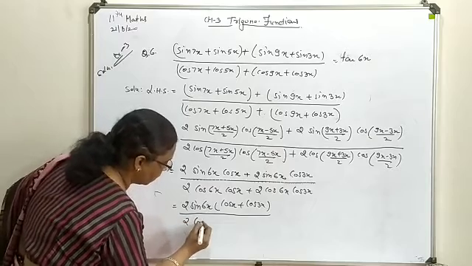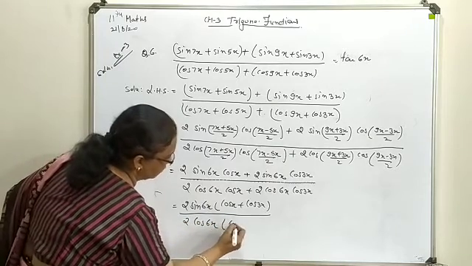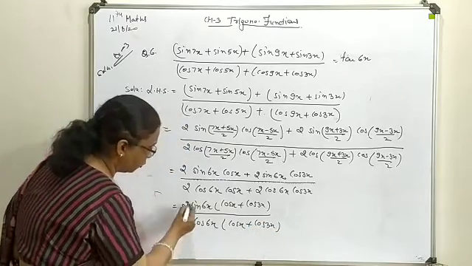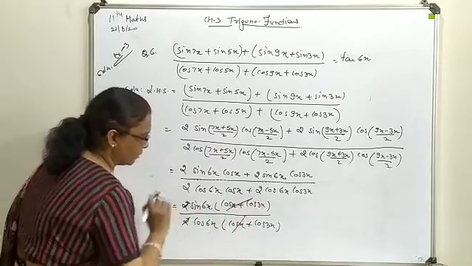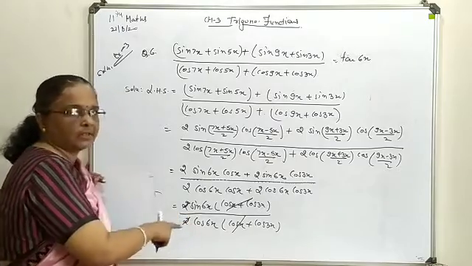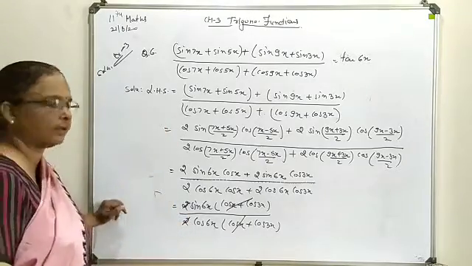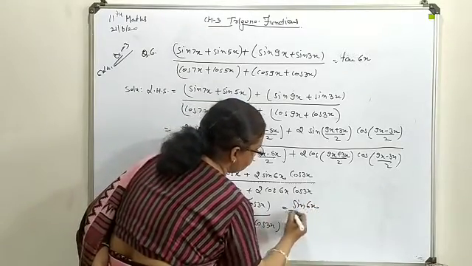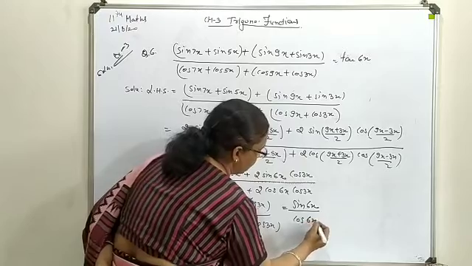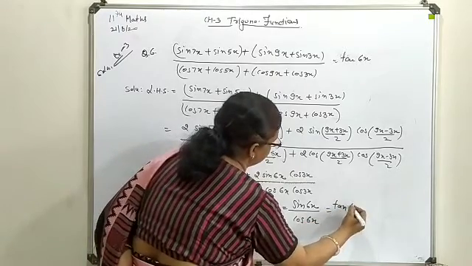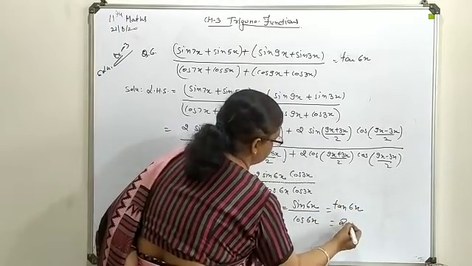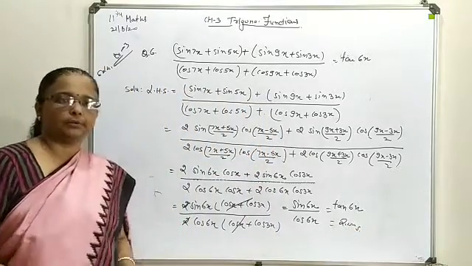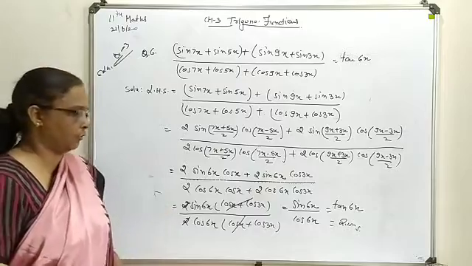Here 2 cos 6x common, so cos x plus cos 3x remain with you. 2 cuts, these brackets are also cut. Sin by cos with the same angle will turn to your required tangent form. So let it be combined with your single form as a tangent. This way various combinations will be available to you to handle the situation.